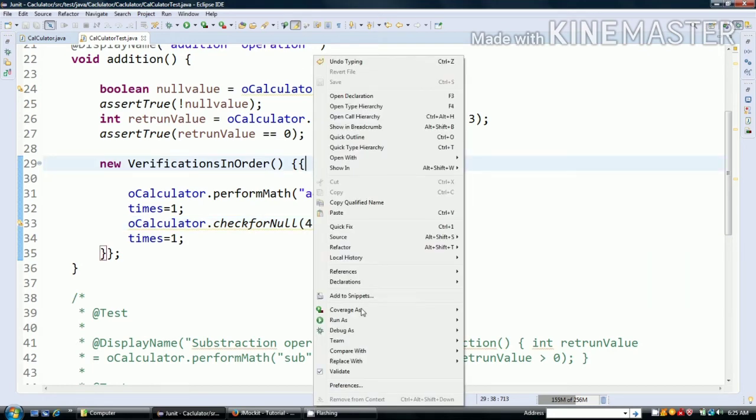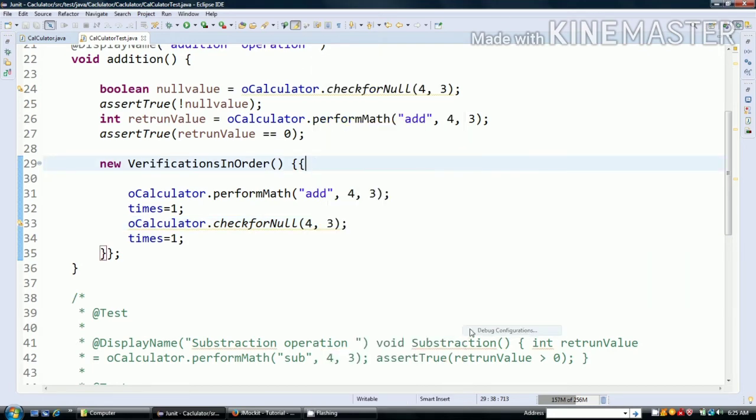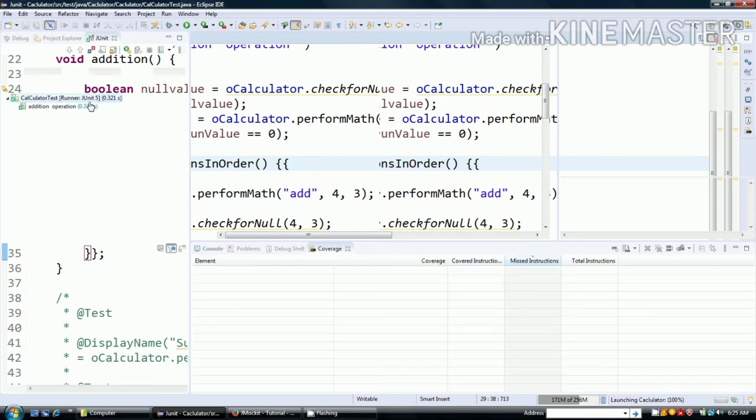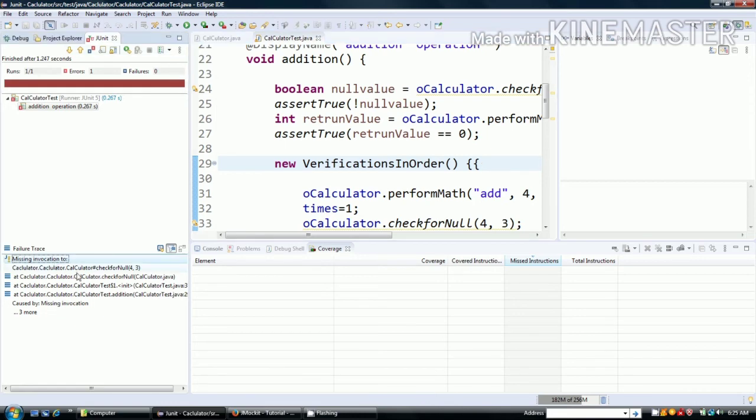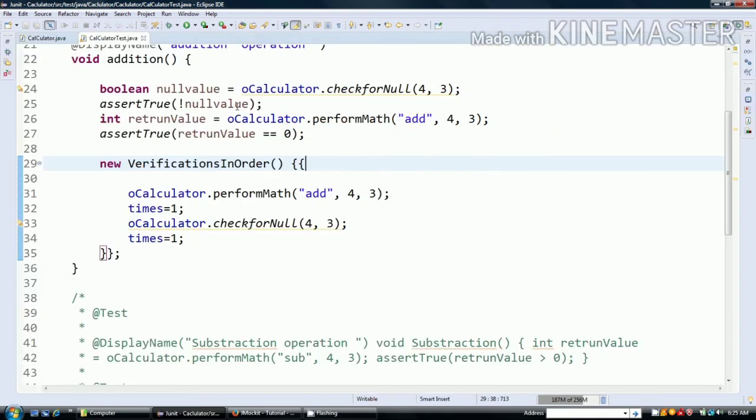Let us debug the configuration. Just make sure JUnit 5. Let us wait for the result. It should fail now since we changed the sequence. As you can see, we changed the sequence and the result failed.